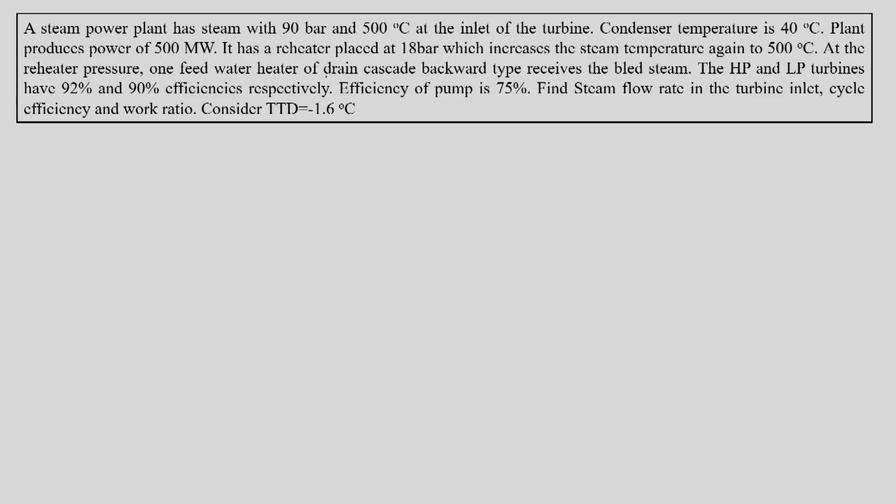Having said this, this example specifically is chosen for the fact that it deals with drain cascade backward type. So, let us plot the TS diagram for this example and number our usual notations. So, this is the TS diagram, then we have 1, and then